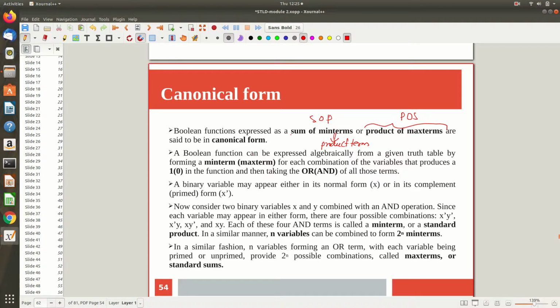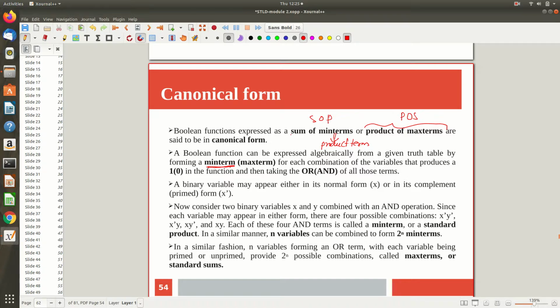That is what we are explaining. So a Boolean function can be expressed from a given truth table by forming min terms. Right now, don't look at the bracket. The bracket terms are for POS, which we will see separately and then combine, otherwise this video time will be extending. So, for the min term, don't look at the bracket part.